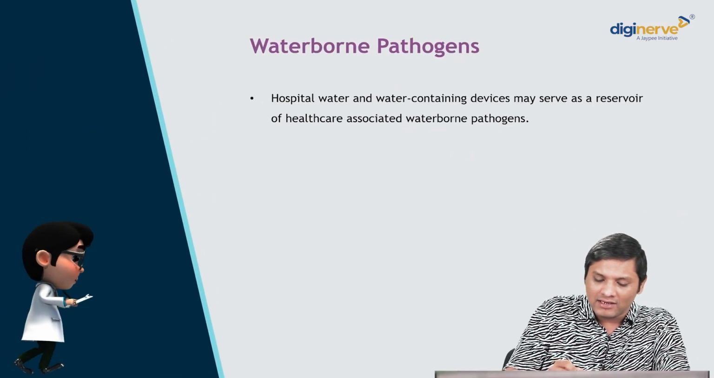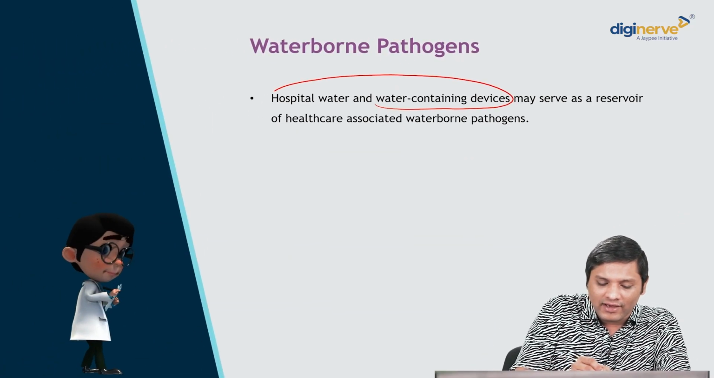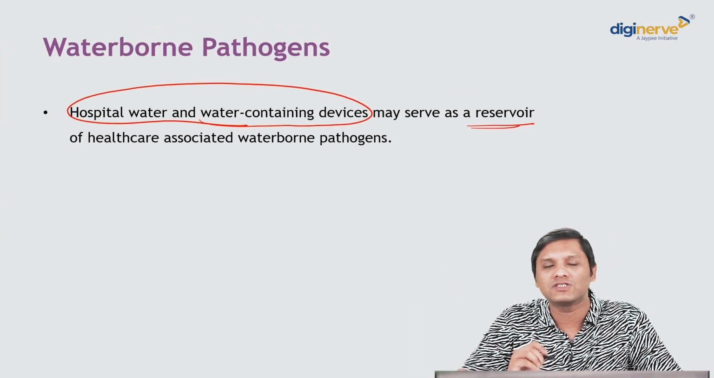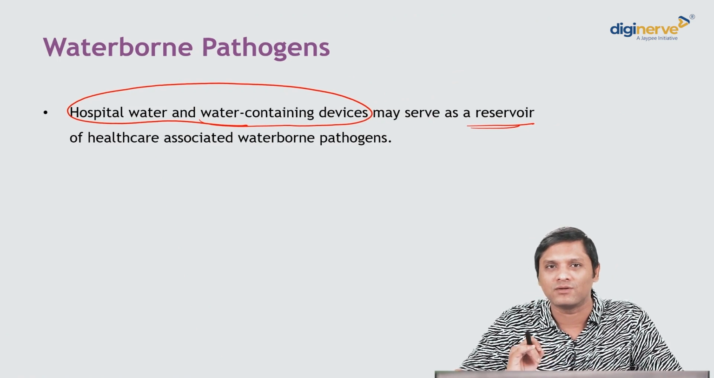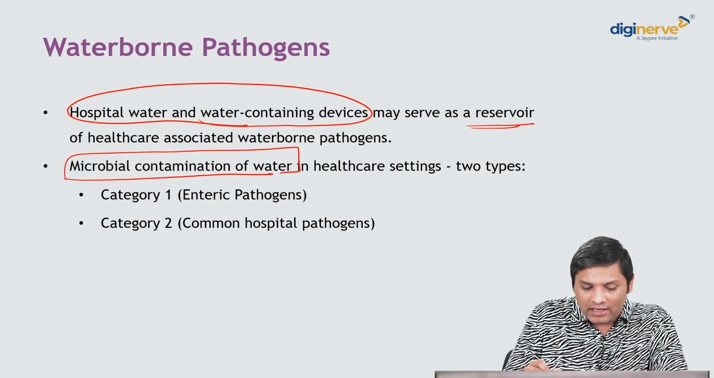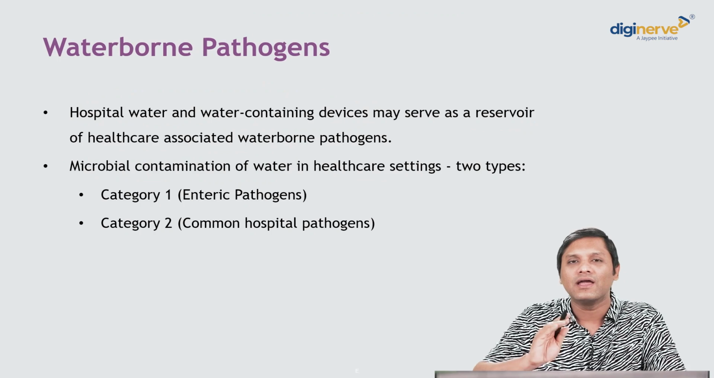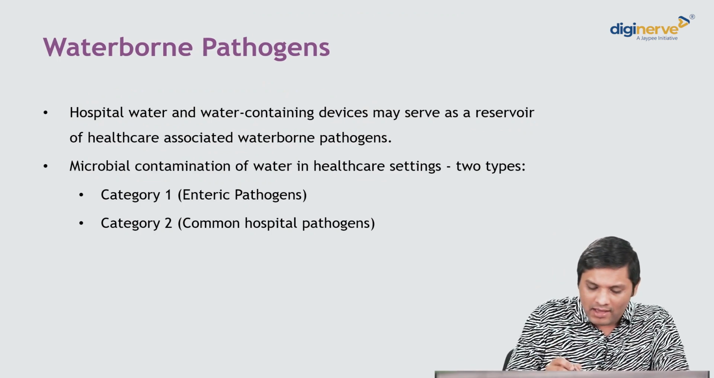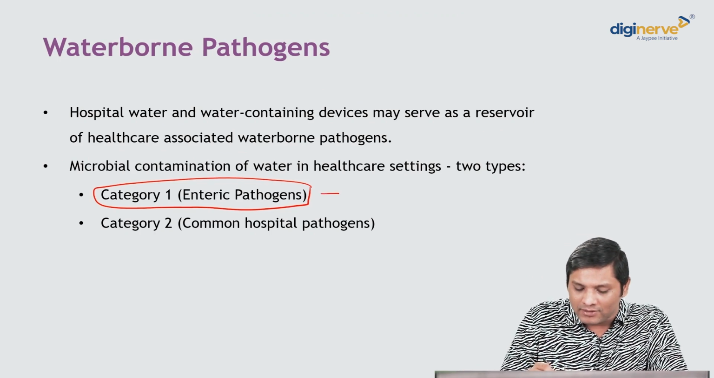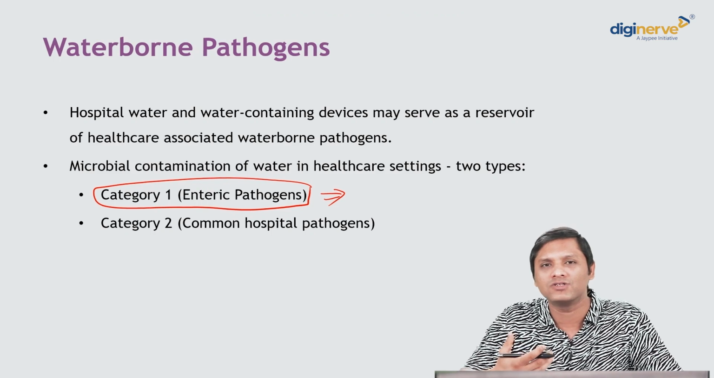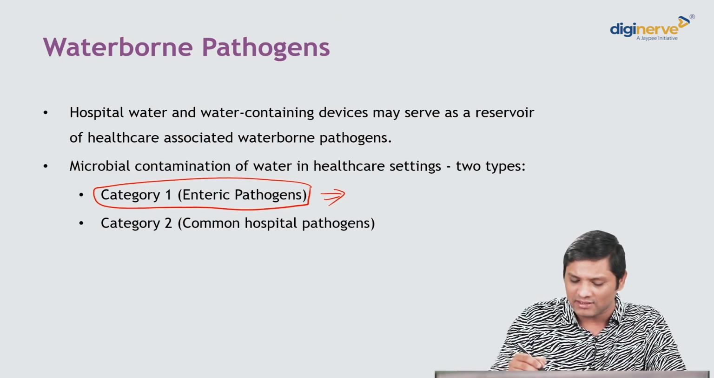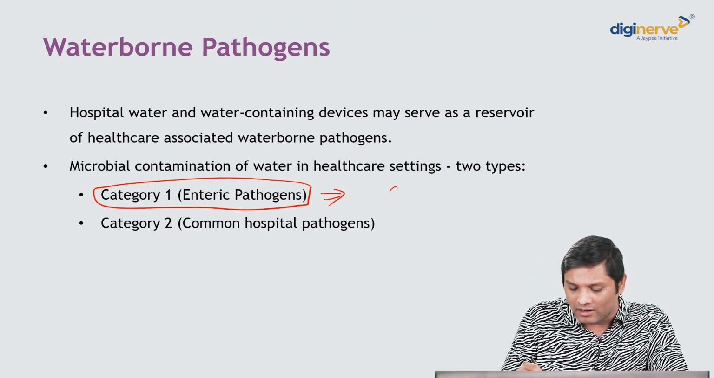Hospital water and the various water containing devices of the hospital may serve as a reservoir of various waterborne pathogens in the hospital. Okay, so microbiological contamination of water in a healthcare setting may be classified in two ways. Category 1 pathogens are the enteric pathogens. These are the pathogens that are transmitted through water and cause various enteric infections. The classical examples are Shigella,